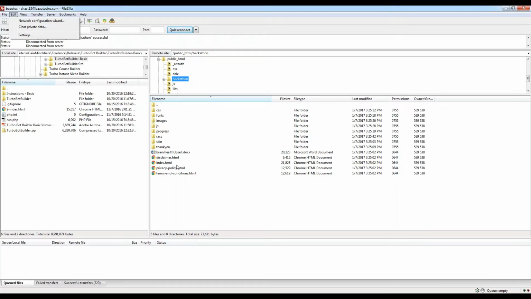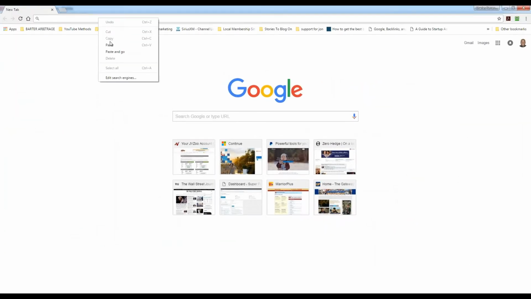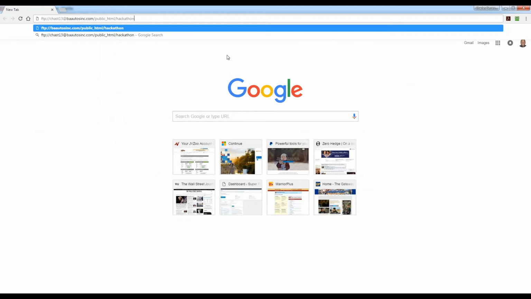Okay, so I'm going to go inside here. And I'm just going to go to this URL. And when I put the URL in there, I'm going to need to take out the public HTML. I'm going to need to take out all of the code from that URL. I'm just going to need to put HTTP //